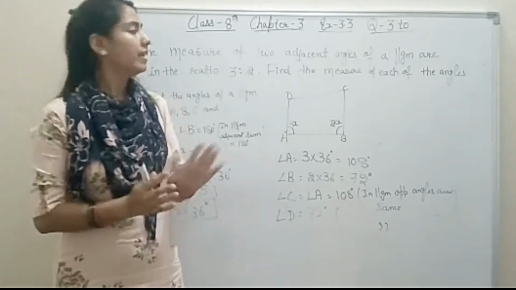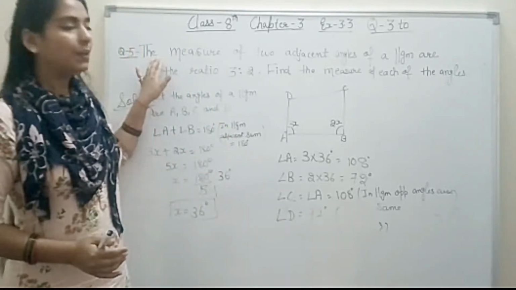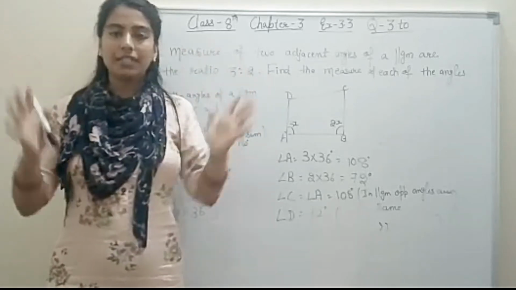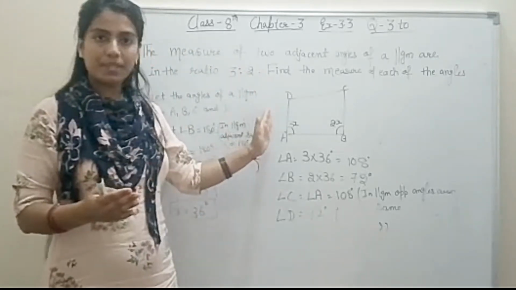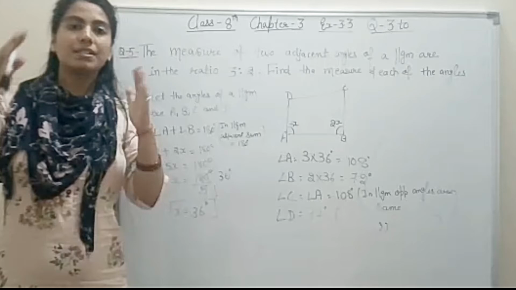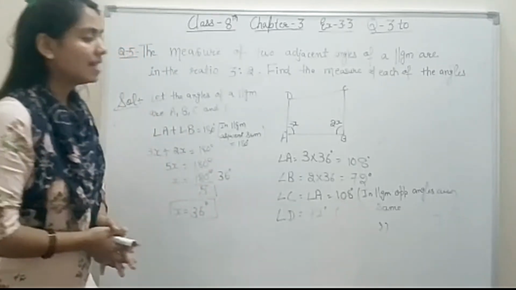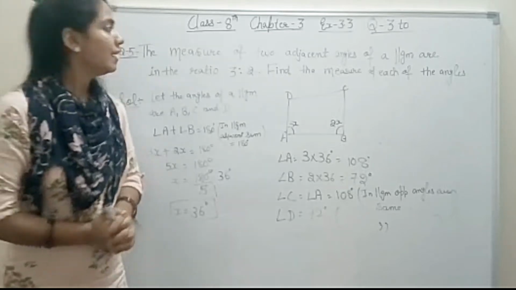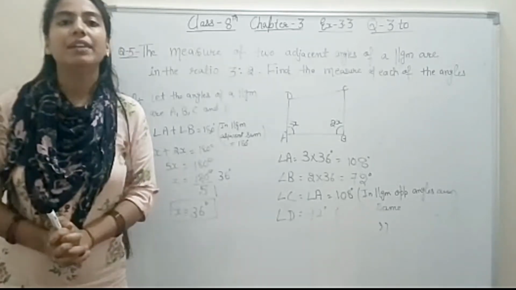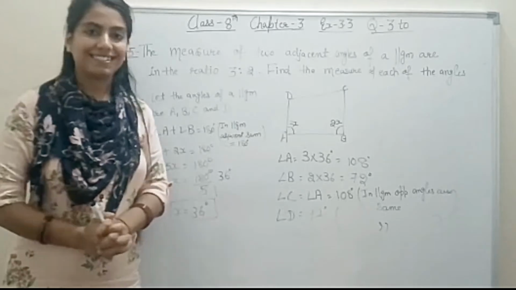Very simple student. Question को understand करो, उसको आप in a figure form में करो, लिखो, and then just step by step just go on a flow. करते रहो, you will get at the last solution. Very simple. So this is all about our question number 5. Now moving further, our next question.